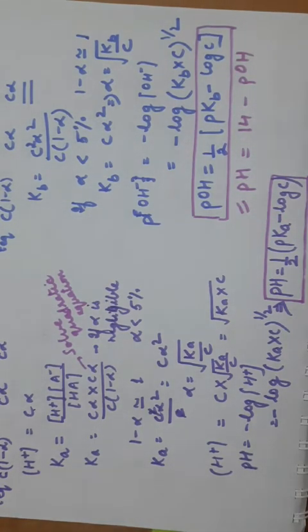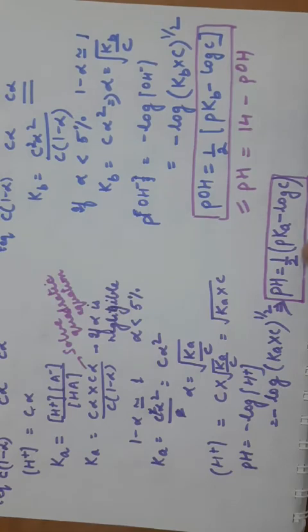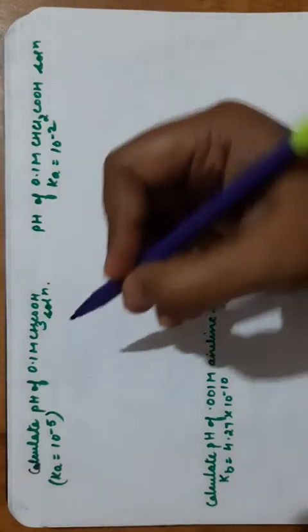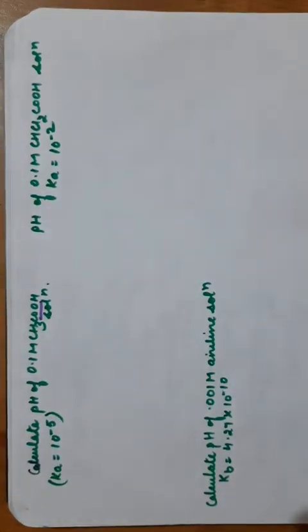So I hope it is clear. तो pH का formula use करेंगे depending upon the data given in the question. If Ka and C are given, now let us solve these questions. Now acetic acid is a weak acid. This is a weak acid, so we have to calculate the pH of a weak acid here.